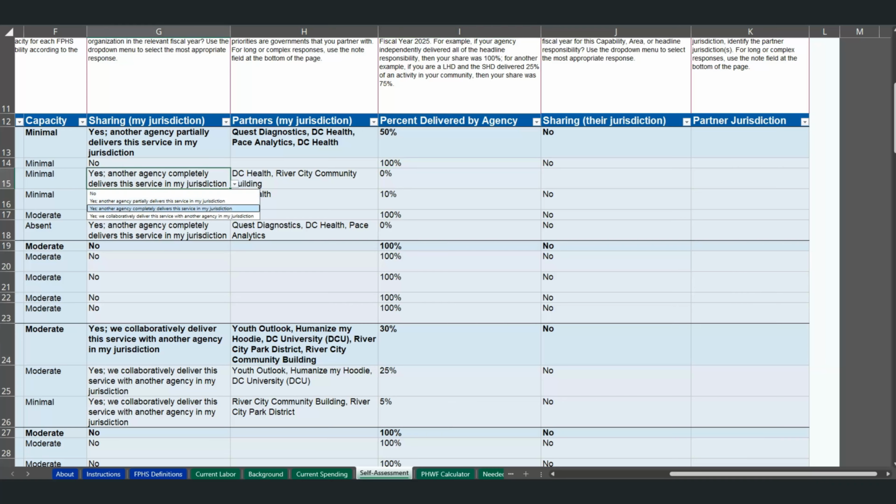For the examples of partially delivered or collaboratively delivered, this number can be anywhere between 0 and 100%. For partially delivers this service in my jurisdiction, we would expect this number to be on the low side, indicating your health department has a lower role in this delivery. However, for collaboratively delivering this service, it might be the case that the percent delivered by your agency would be 100%,